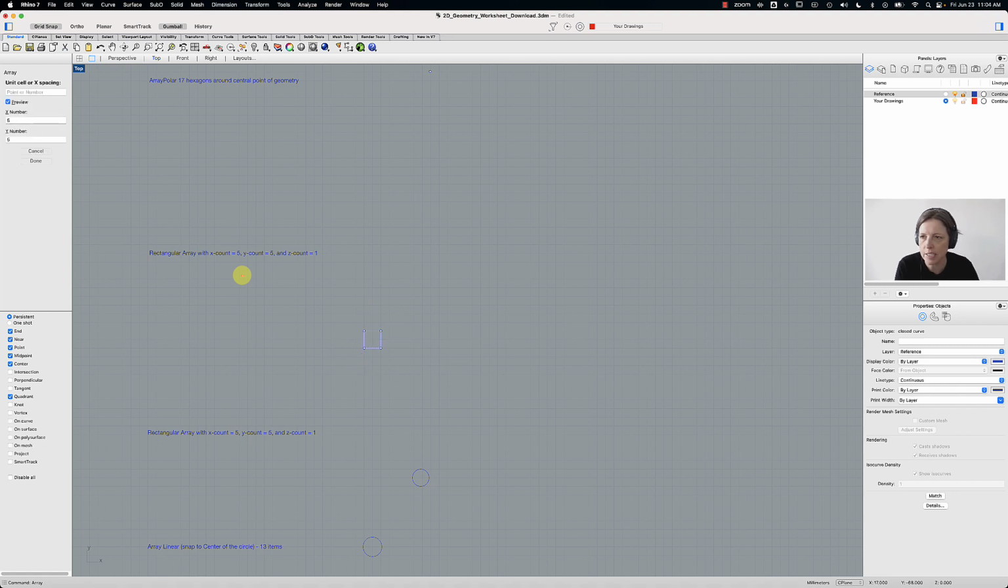So if I press enter, now it's asking me for the spacing. And what I like to do is I either like to go to the end point or the midpoint. Let's do end point here. And then you see I can drag and I can sort of define what the spacing should be. I can also type in the spacing, but for now, I'm just going to accept that